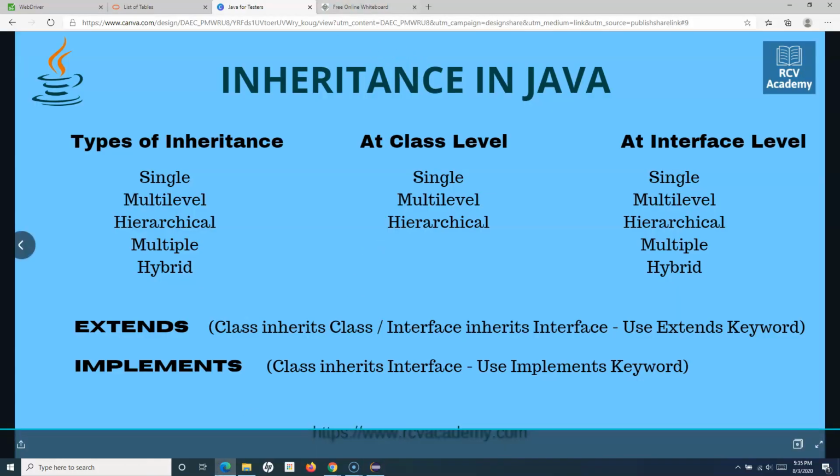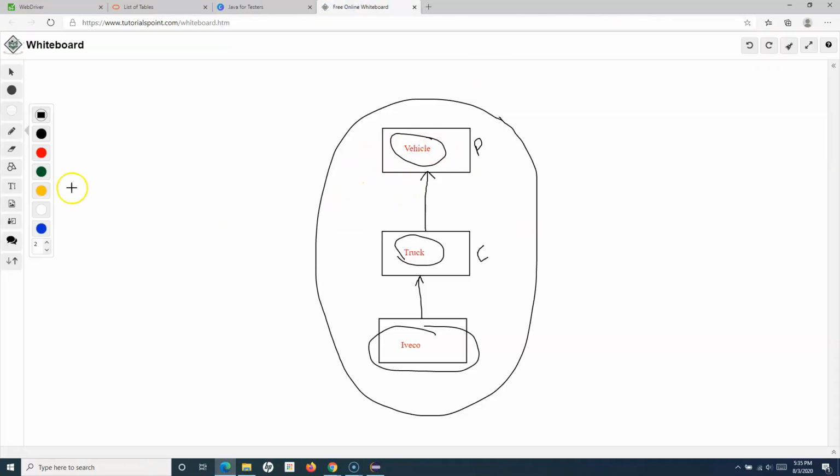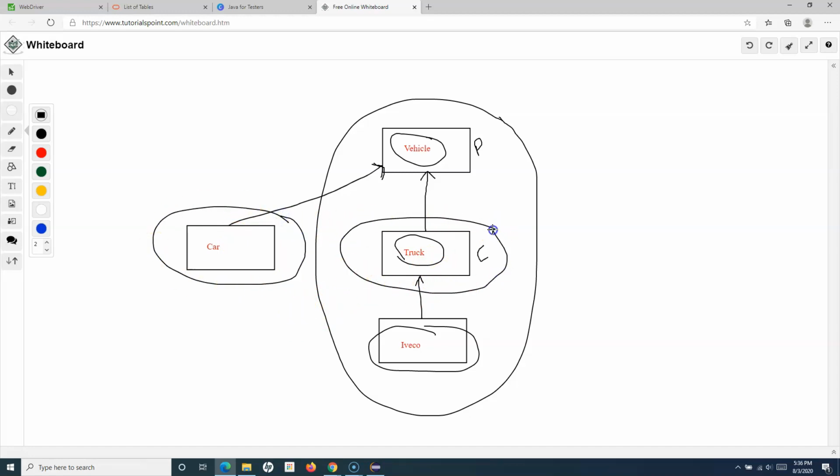Now if I go to the whiteboard here, we have also created a class car. Let's see how the structure looks like. So we have this car as well now. So let me write car. And now car is inheriting the properties of vehicle, right? And then we have this Iveco, which is inheriting the property of truck, and truck is inheriting the properties of vehicle. So when we talk about the hierarchical inheritance, then multiple classes, so in this case car and truck, when they inherit one parent class, or it could be another class as well which is inheriting to the same parent class, then that is